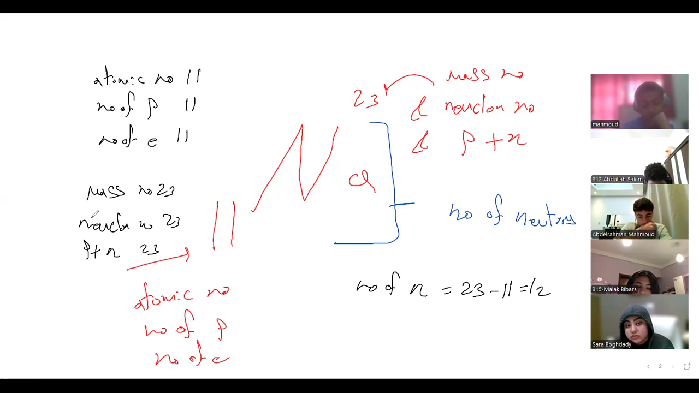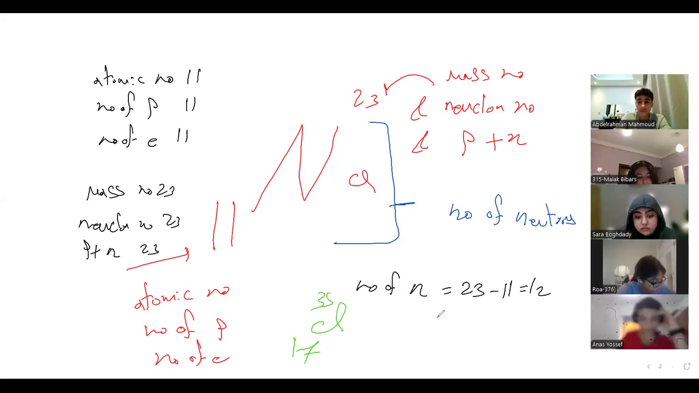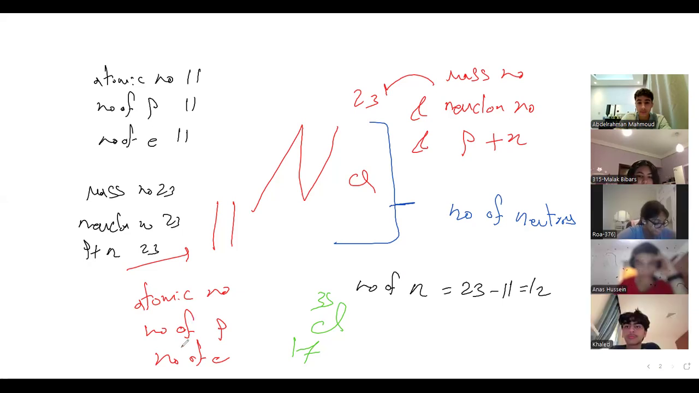Okay, if you have another one, for example, Cl 17 35, atomic number 17. Number of protons 17. Number of electrons 17. Mass number 35. Nuclear number 35. Sum of protons plus neutrons also 35. Number of neutrons